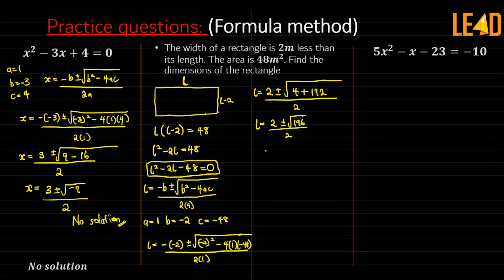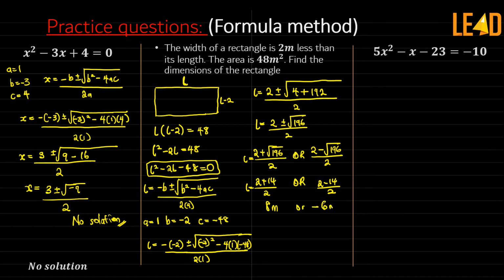So we have two solutions: 2 plus square root of 196 over 2, or 2 minus square root of 196 over 2. Square root of 196 is 14. So we'd have 2 plus 14 over 2 or 2 minus 14 over 2. That means our L, remember we're solving for L, can either be 8 meters or